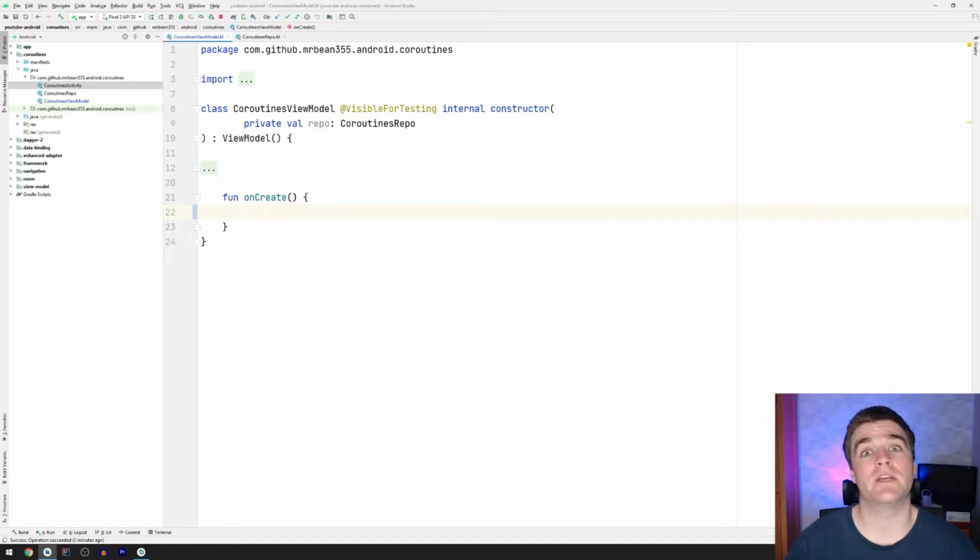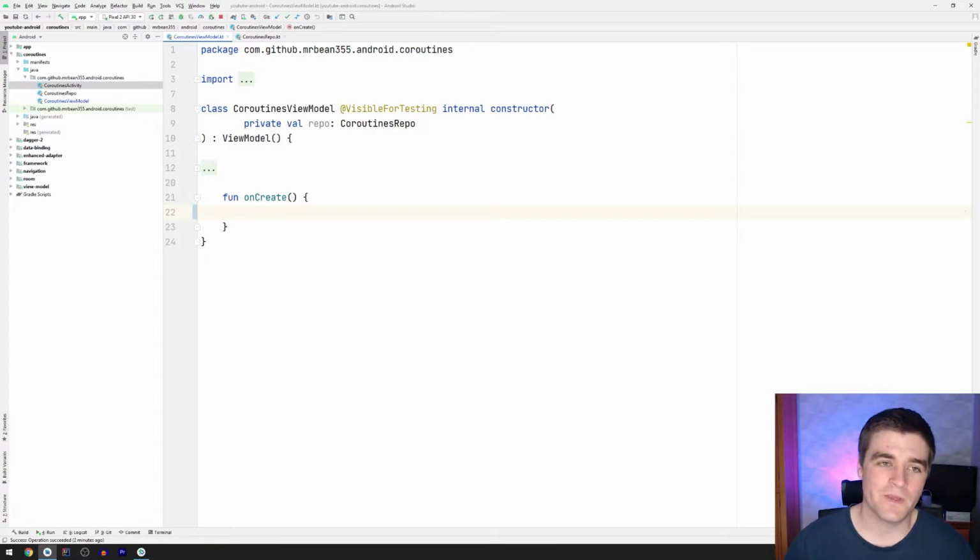Now the first concept in coroutines that I want to introduce is a coroutine scope. And the scope just defines how long certain work is valid for. In a typical use case in Android, this will be as long as the activity is alive, right? While the activity is going and showing stuff, you can do work and fetch data and show it, and it's